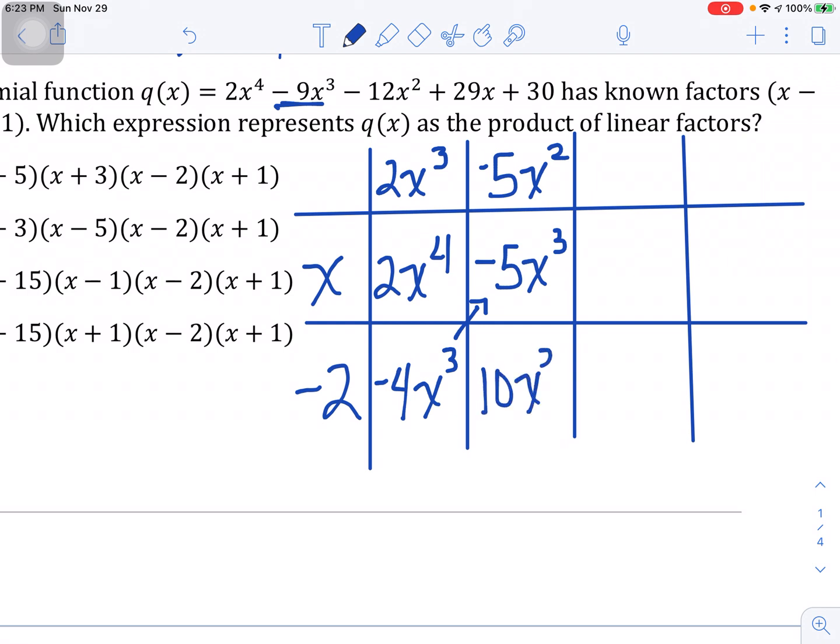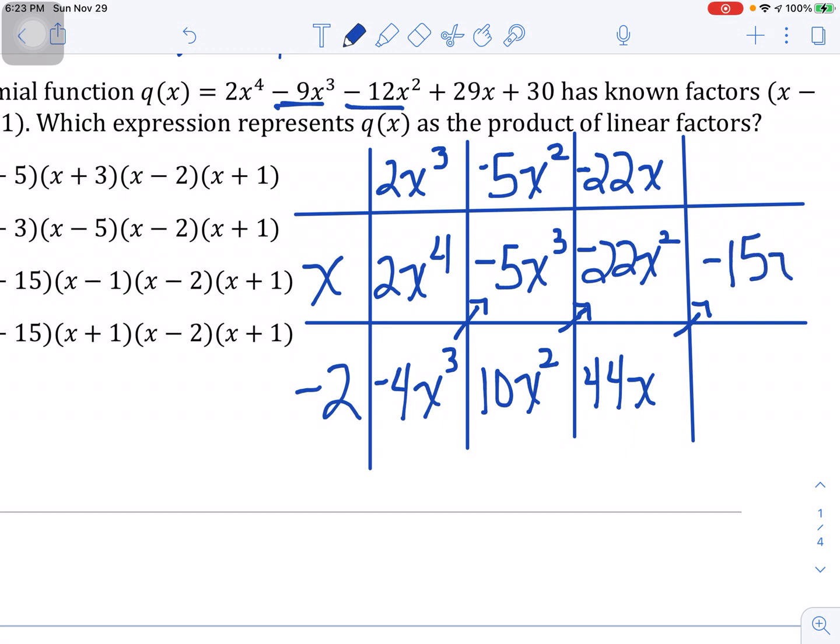10x squared down here. But I need a negative 12x squared, so in here I'm going to put a negative 22x squared, because then when I add those two I get a negative 12. So that means up here I'm going to have a negative 22x, and down here I'm going to have a positive 44x. But I need a positive 29, so I'm going to add a negative 15x into this box, which would make this a negative 15, which makes this 30, and that's good because that's what I get for my